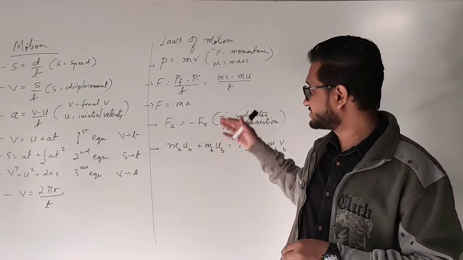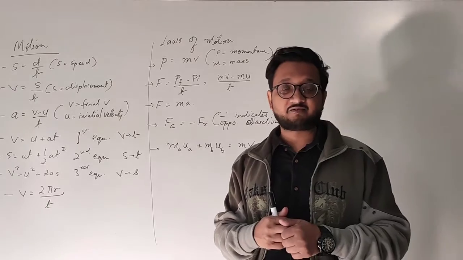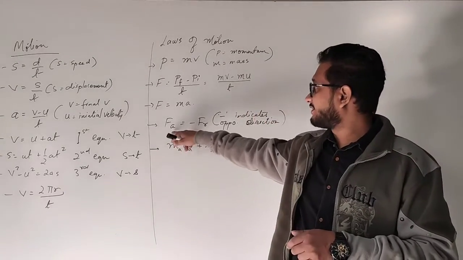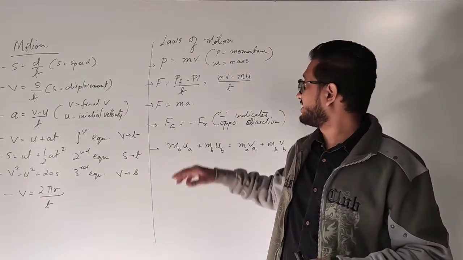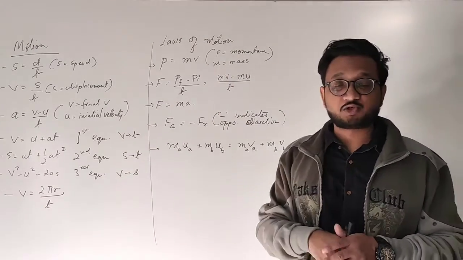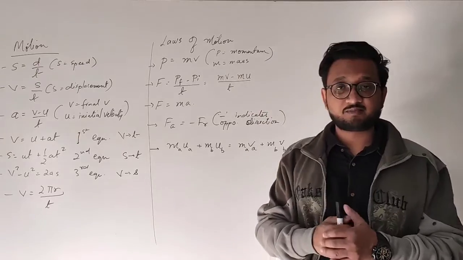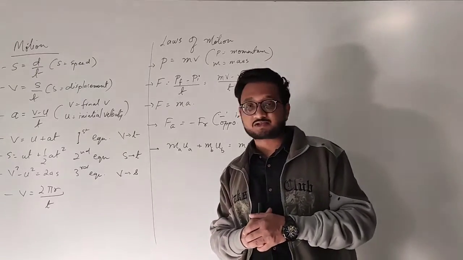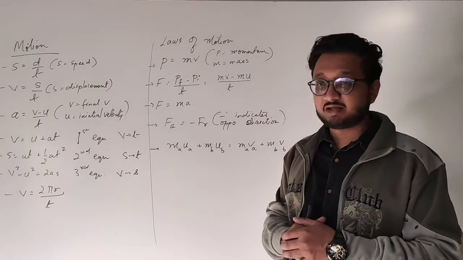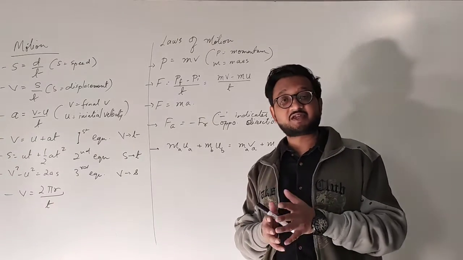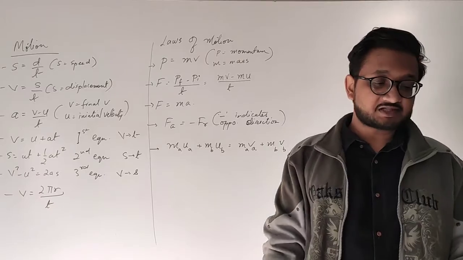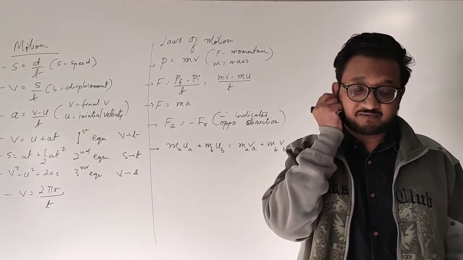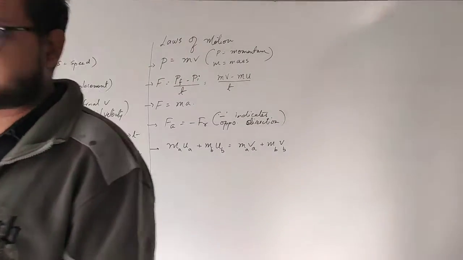We had the whole derivation for it, and I think you remember it very well. Okay, we started from F action is equal to F reaction, where F is equal to M into A, and where A we kept V minus U upon T, and similarly on and on we moved forward. Okay, so very simple. After this, the chapter was finished, and then we moved on to the gravitation chapter. Okay, so for the gravitation chapter we also had quite a few formulas, and we'll go through it.